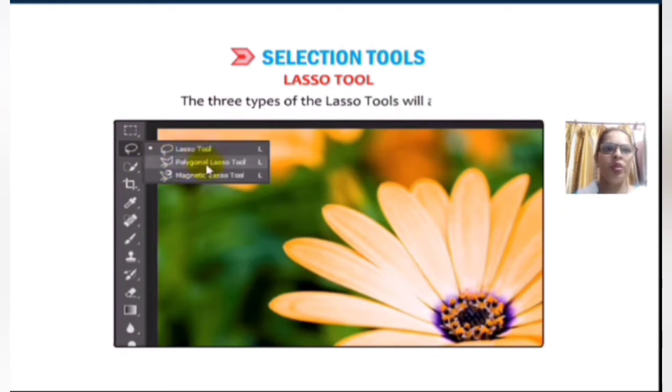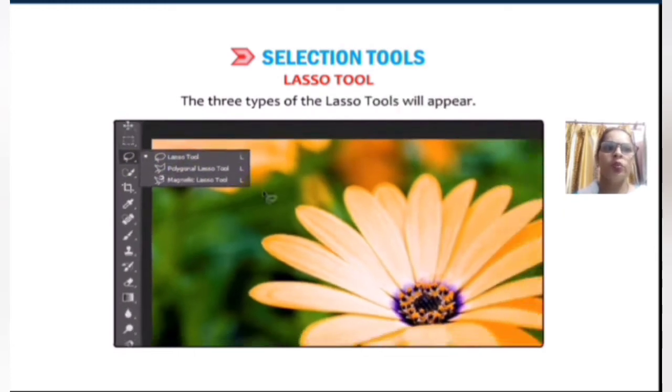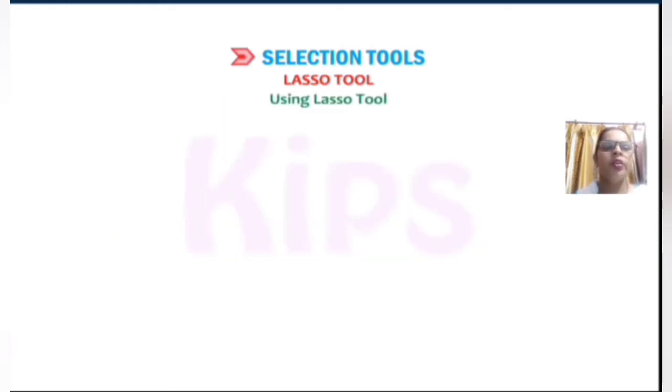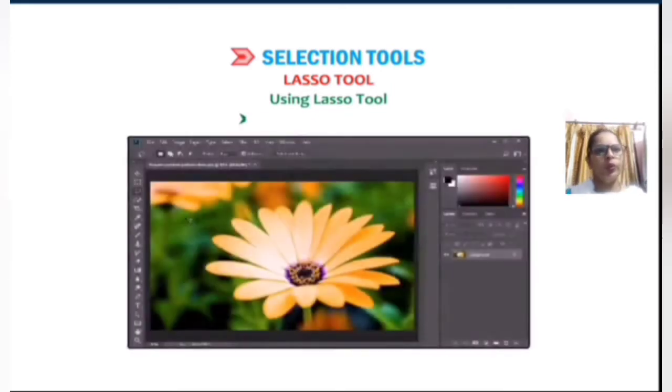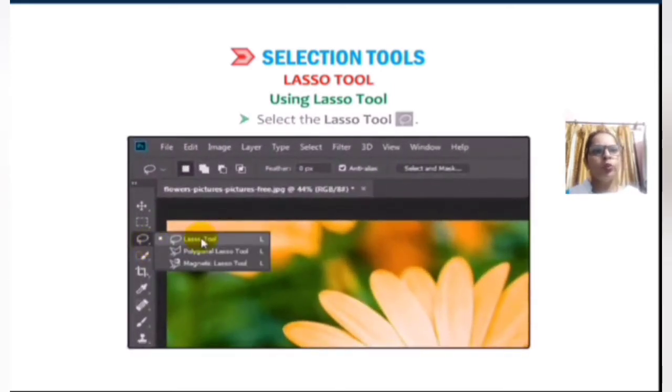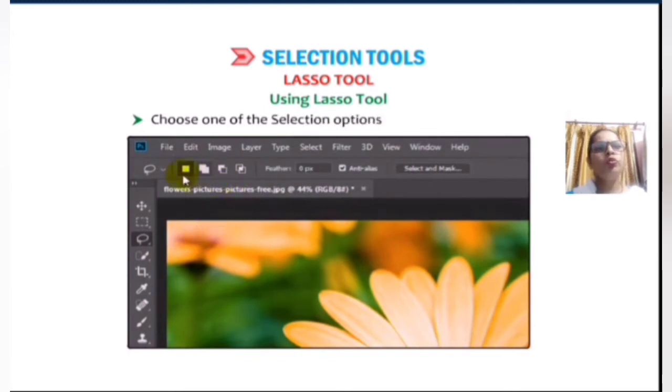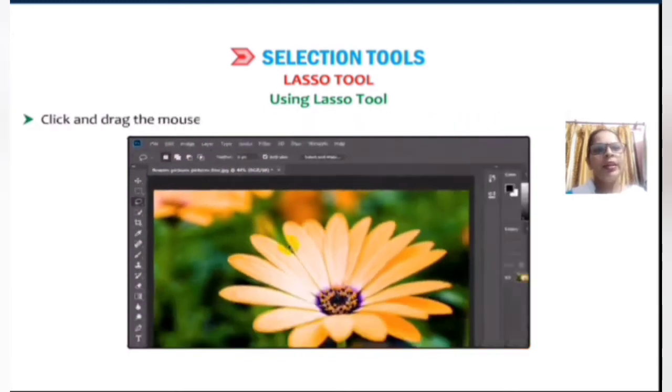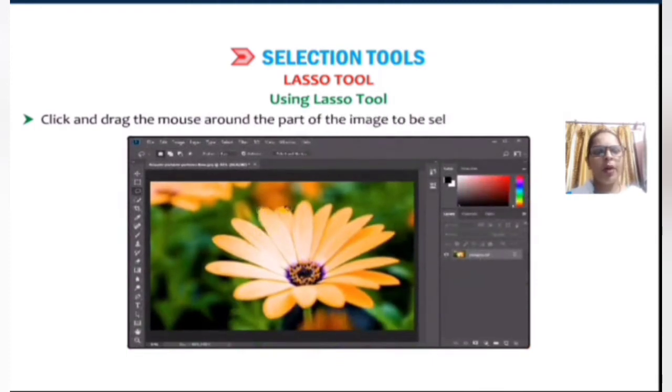There are three options available. Select the lasso tool. Choose the selection option from the option bar. Click and drag the mouse around the part of the image to be selected.